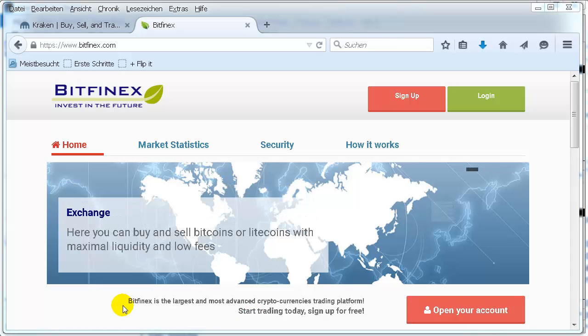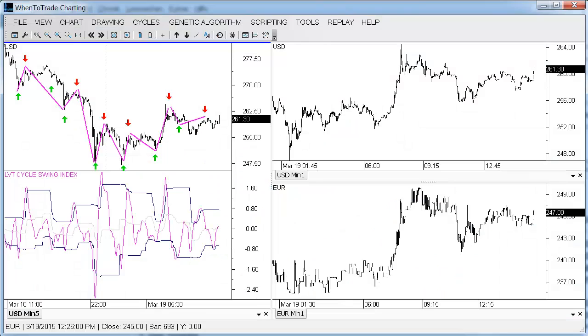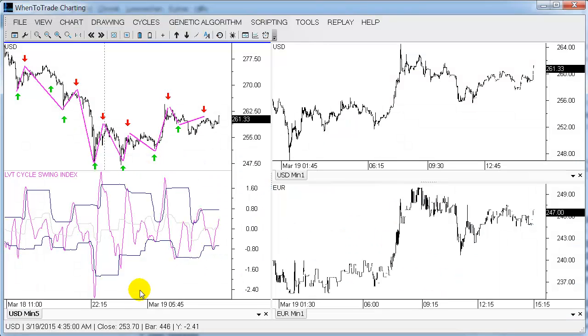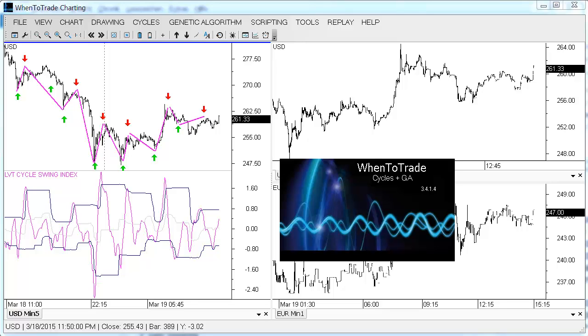This is the short information about a new feature from the Winter Trade charting platform. We have implemented an experimental data feed to chart the Bitcoin exchange rate. What we have now is a new data feed in there,